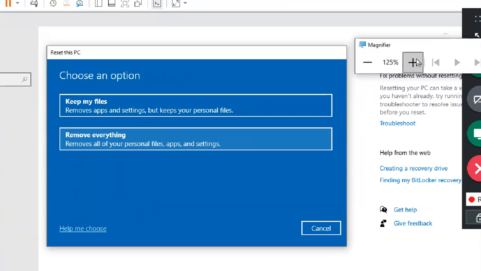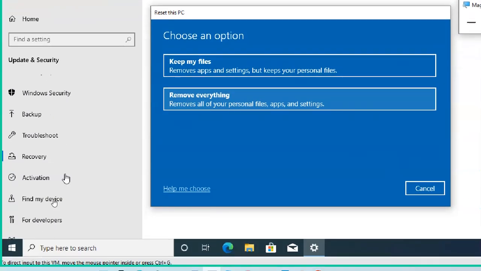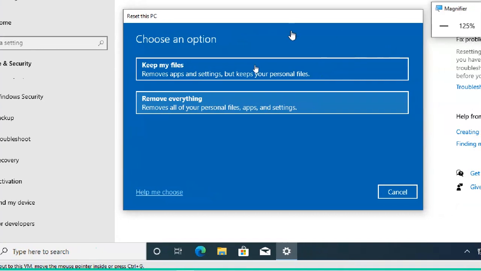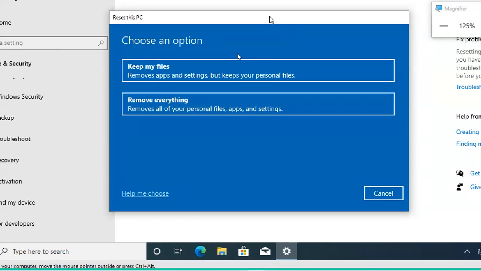But when you do settings and all, if you want to see the settings, it is better to see them here only. I'm showing both, so there is a little confusion. I got the point. But try to understand the point. That's the second point. And when you make changes to any setting, don't do it on your physical machine. Do it only in your virtual machine, if it is required.